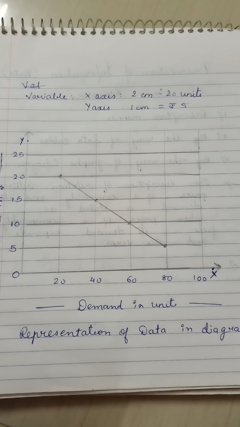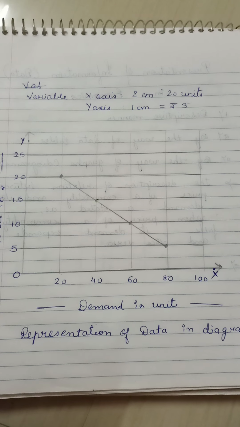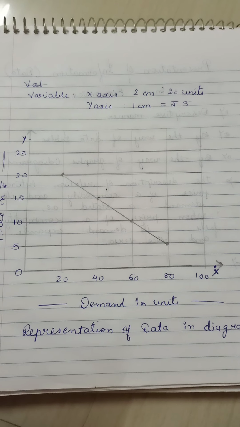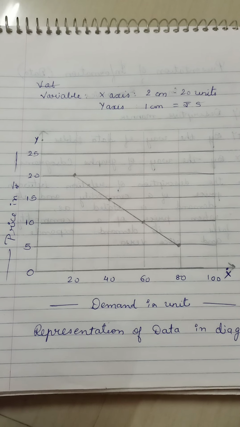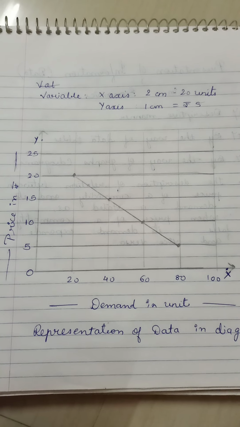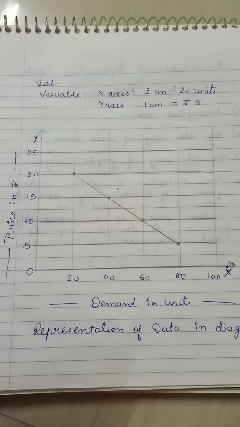Here the curve represents the data given in the table, regarding the price and the demand of a commodity. This curve slopes downward from left to right,